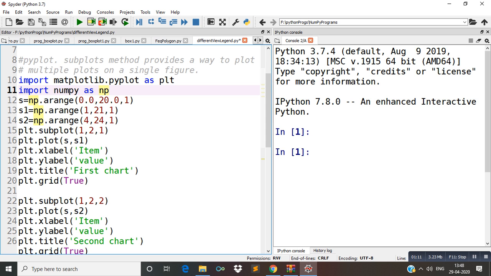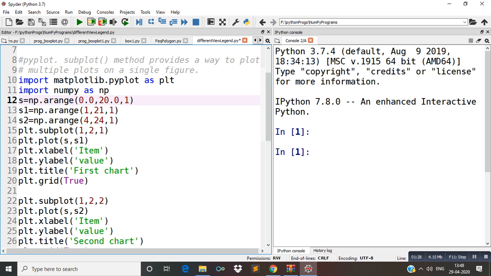This is not actually subplots. This is subplot, not subplots. The name of the function is subplot. I have removed the S that was given here, and added a bracket. This is the exact method. The subplot method provides a way to plot multiple plots on a single figure.